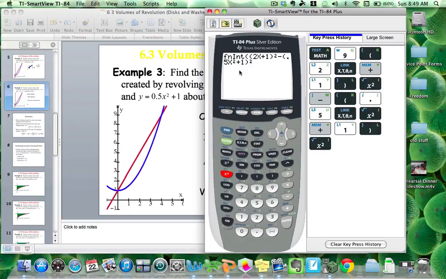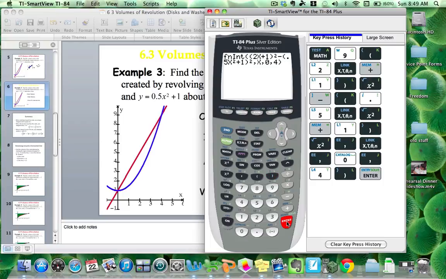All right, and that's my entire function. So, comma, with respect to x, comma, as x goes from 0, comma, to 4. And that's it. Okay, so the function, comma, the variable that you're integrating with respect to, comma, the lower limit, comma, the upper limit. And I hit enter, and my calculator thinks for a minute,